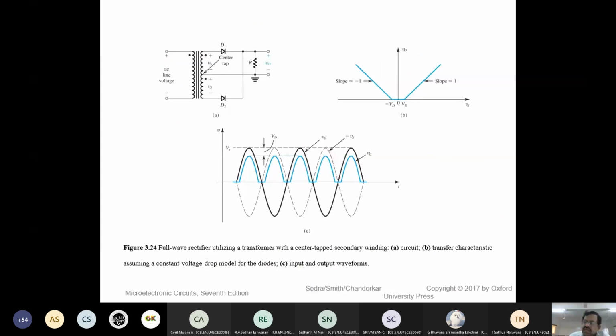A full wave rectifier is accomplished by at least a minimum of 2 diodes. I use the words at least here because there is also another configuration, which you must be aware of from your high school, what is known as the bridge rectifier. So the full wave rectifier uses 2 diodes. The diodes are connected to the center tap transformer, and we already told you this is my line voltage to the primary. Through the flux linkage we get the output on the secondary. This kind of transformer is what is known as a center tap winding.